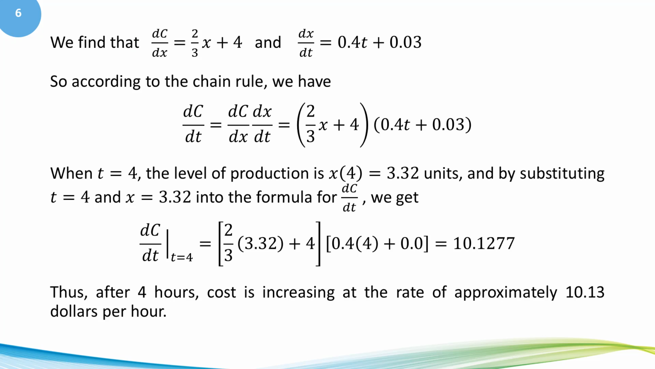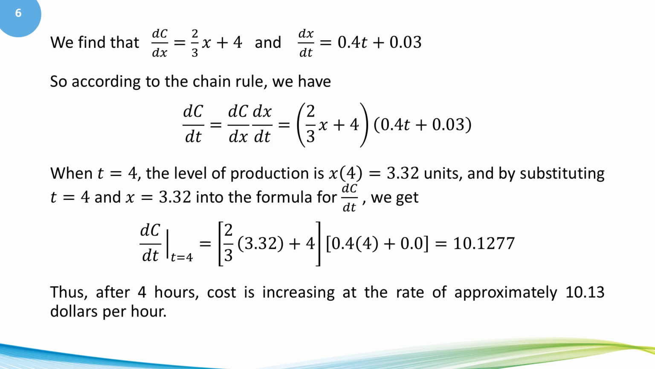Because C depends on x and x depends on t, we will use the chain rule to find dC/dt. We have dC/dx is 2/3 of x plus 4, and dx/dt is 0.40 t plus 0.03. So we multiply them, and when t is 4, we have x(4) is 3.32 units, and by substituting t is 4 and x is 3.32,